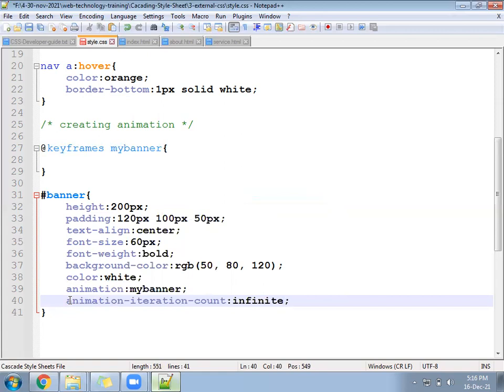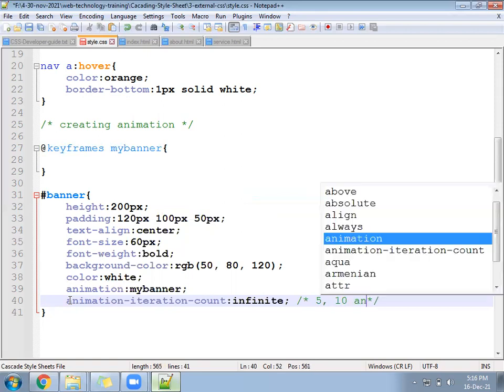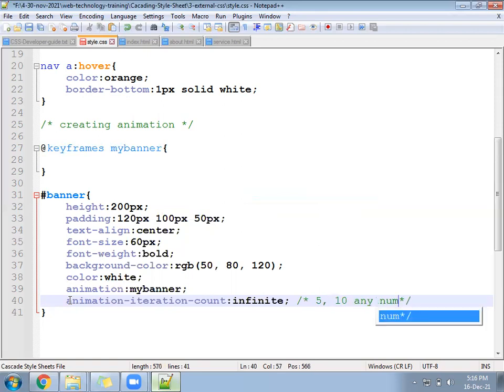This can be 5 also, it can be 10 also, it can be any number.